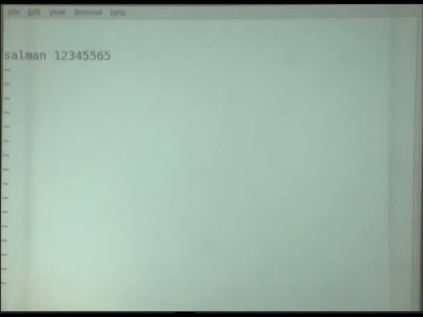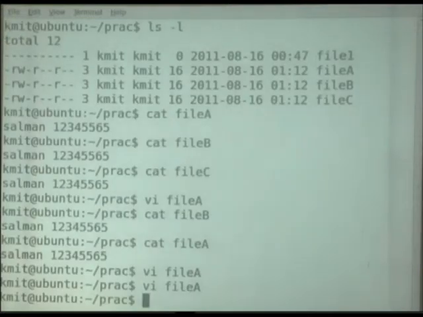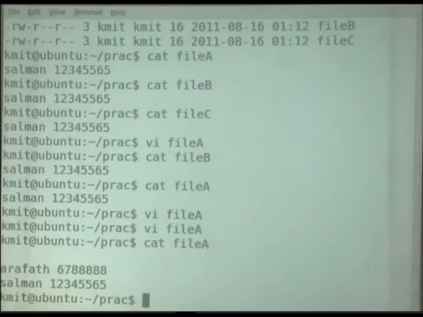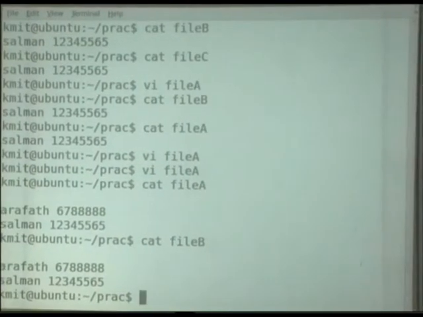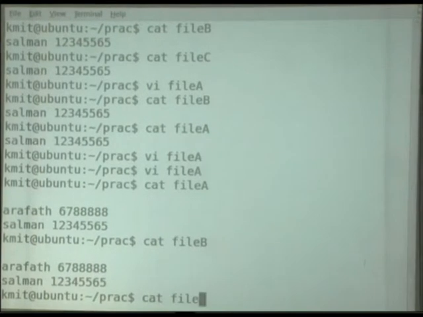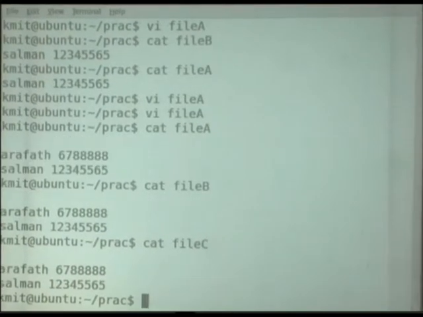I have just modified this file. When we see cat file A, yeah, we see the first 2 blank lines and the modified version. When we cat file B also, it has the same modifications. Cat file C also has the same modification.